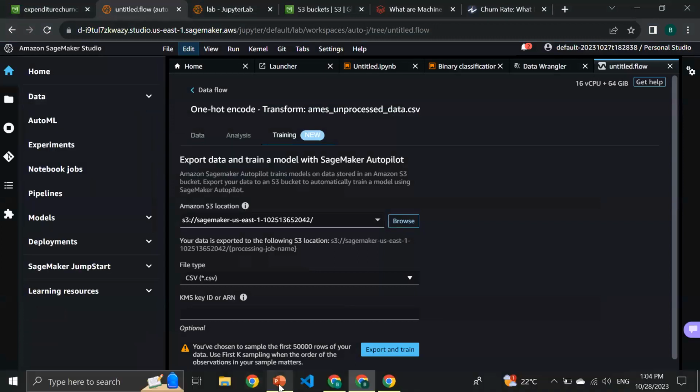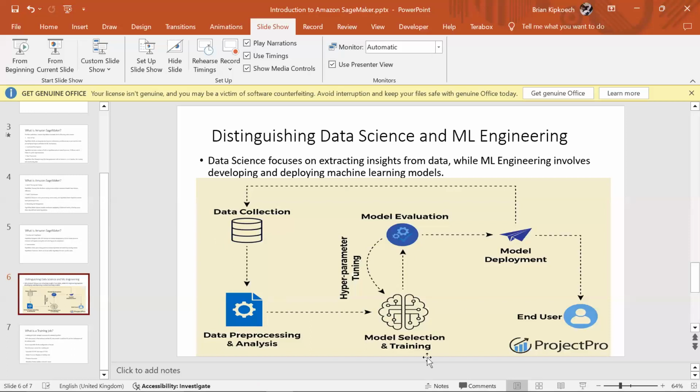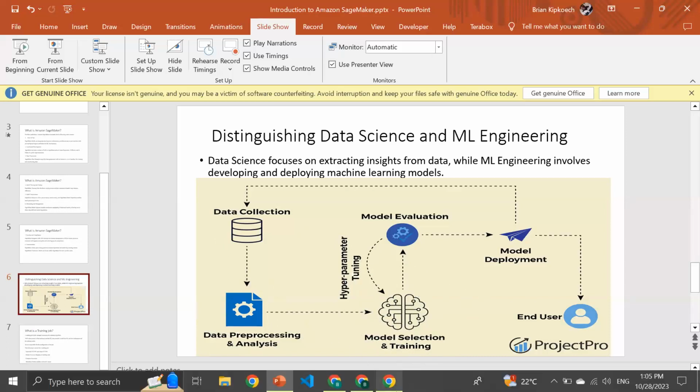So back to our particular infograph here. Once you are done with the data preprocessing step, you would want to train your model. So there's a feature in SageMaker called a training job. So that's what we are trying to go through right now. Let's say we already have our data. It is clean and ready. And we want to now train a model. So how do we go about that in SageMaker?